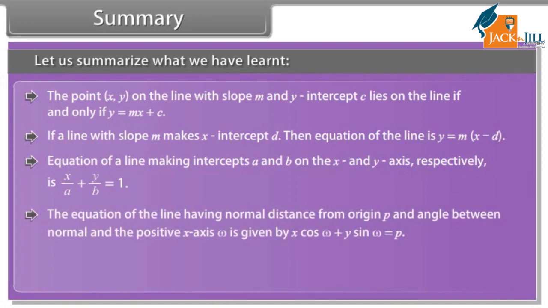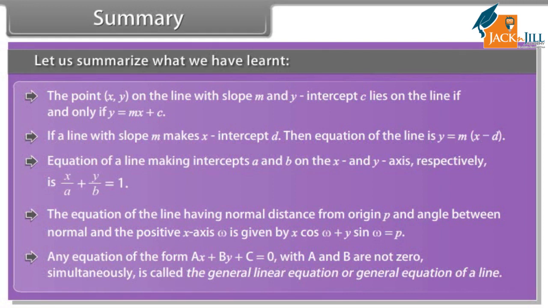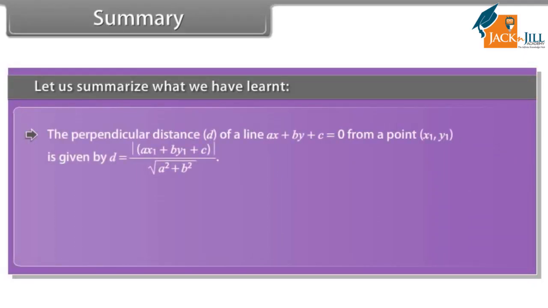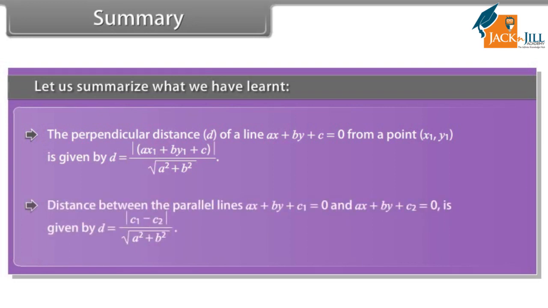The equation of the line having normal distance from origin p, and angle between the normal and the positive x-axis omega, is given by x cos omega plus y sin omega is equal to p. Any equation of the form ax plus by plus c is equal to 0, with a and b not 0 simultaneously, is called the general linear equation or general equation of a line. The perpendicular distance d of a line ax plus by plus c is equal to 0 from a point x1, y1 is given by. The distance between the parallel lines ax plus by plus c1 is equal to 0 and ax plus by plus c2 is equal to 0 is given by